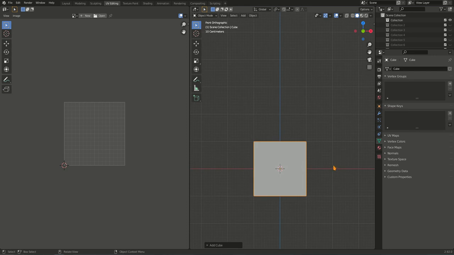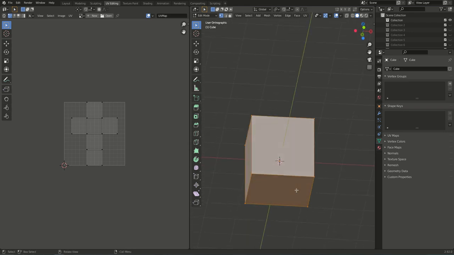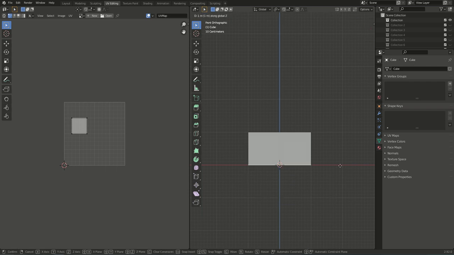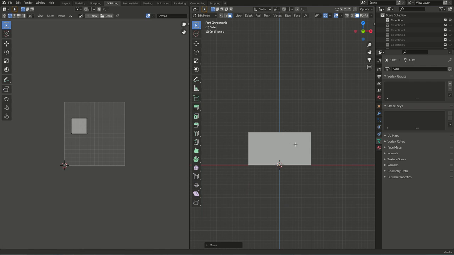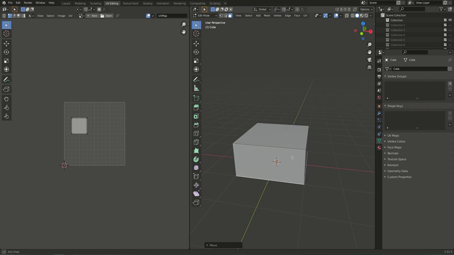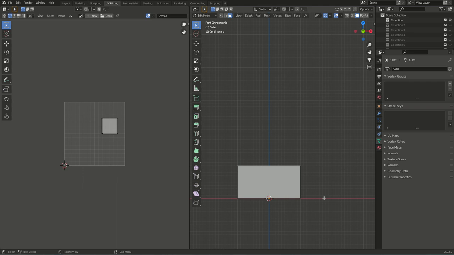hit Tab for edit mode, and this is something that I do all the time. I select this face, front view, grab Z, there it goes. This is just a personal preference. I'd like to have this exactly on the 0. And now we leave this one here, but we are going to scale